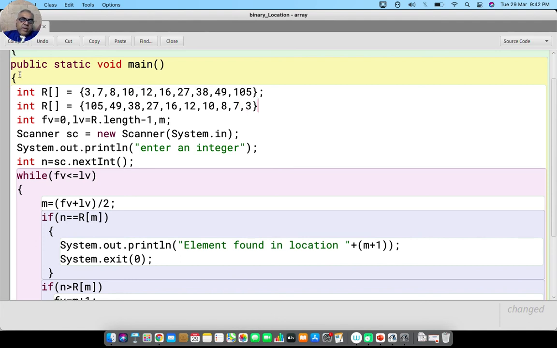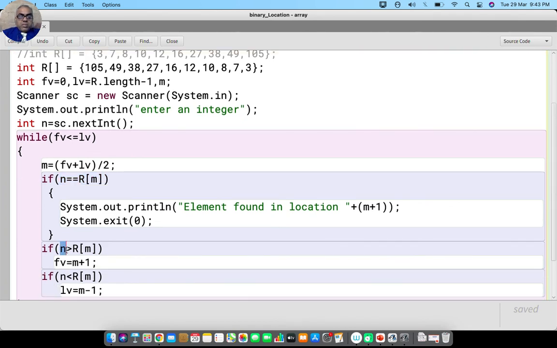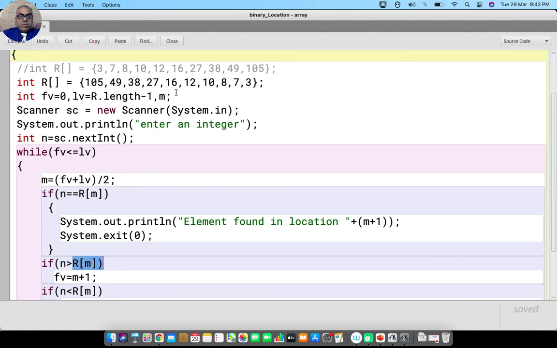Let's see what if my data is in descending order, for at least understanding point of view. Then what changes I can make in my program. Now my data is not in ascending order. So when my central value is found, my input value can be equal, great, data is found. But if my input value is greater than central value, so assuming this is my central value, more than 16, then now I am not going, previously we were moving on the right hand side, now we have to move left hand side.